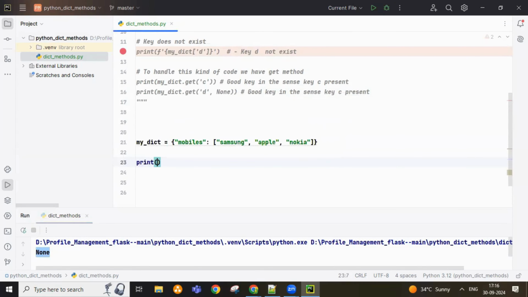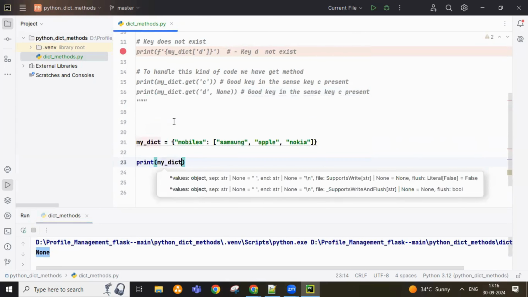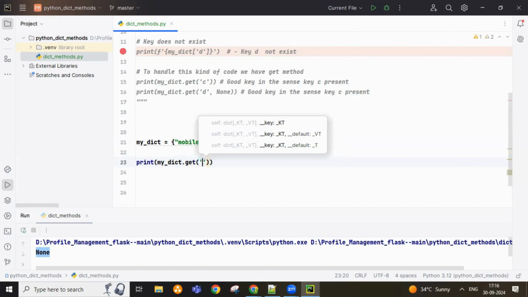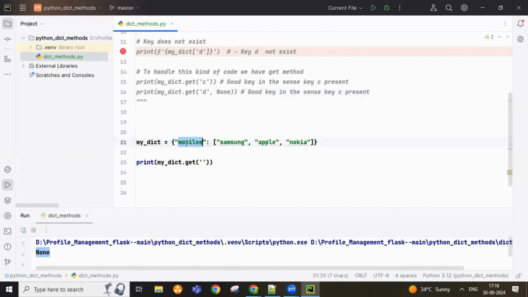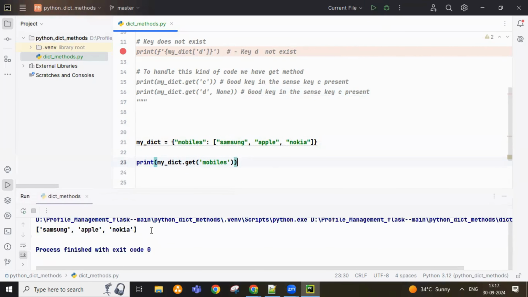Perfect. So here, my dictionary, for example, let's say my dictionary dot get, right? And what is the key name here? Mobiles. Understood? Got it? And currently it is available. For example, if you go and trigger this, you are seeing all the three values of the mobile company, correct? And imagine there is one more